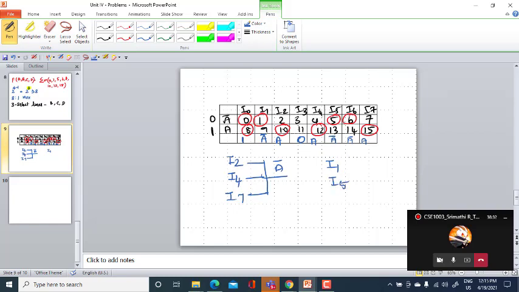And the rest, namely your I0 has to be connected to 1, and I3 has to be connected to 0.